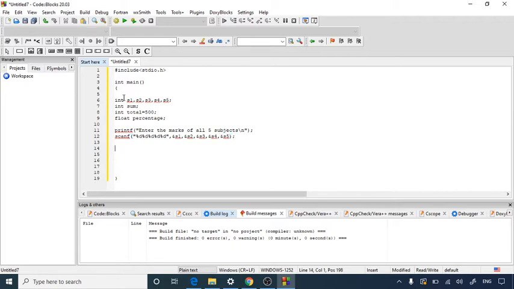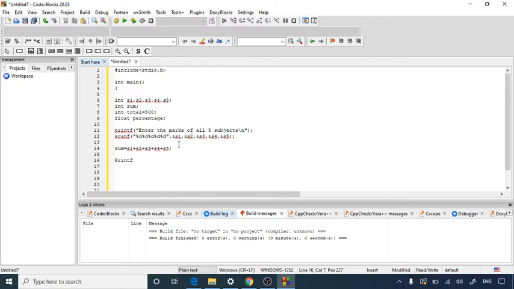After taking all these values from the user, we are going to find the sum. We will find the sum in this way: sum = s1 + s2 + s3 + s4 + s5. So here we have the result of all those 5 subjects' marks, and then we will print the result of the summation.